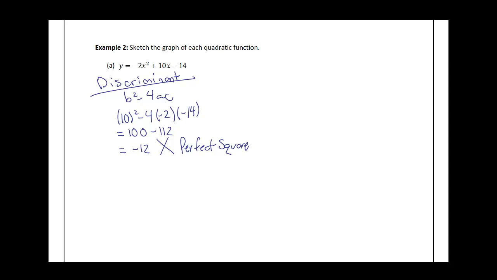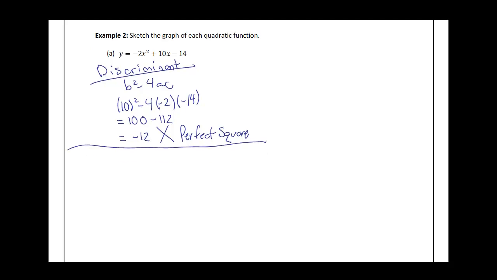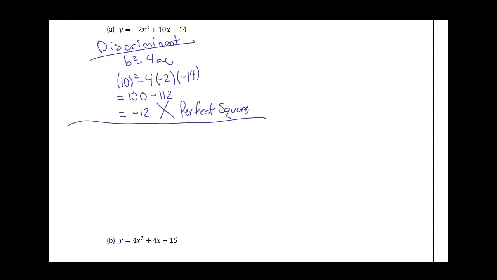We're going to have to put it into standard form. So we need to complete the square in this case. So let's start off by doing that. We have y equals, factoring out our negative 2, negative 2 onto x squared minus 5x minus our 14. Now completing the square, we get negative 2 onto x squared minus 5x plus 6.25 minus 6.25, with negative 14